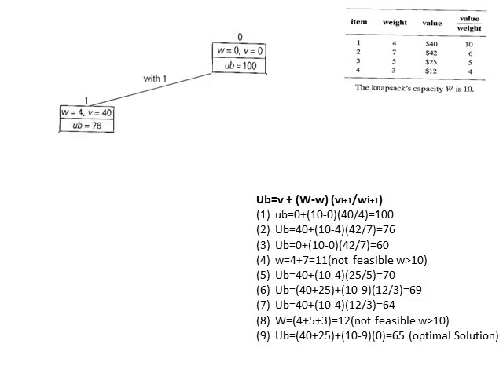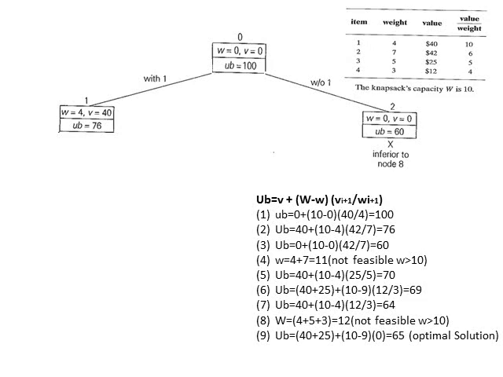That is the next node on the left side, with 1, and on the right side it will be without 1. For that we are not going to consider the first item, so we are not adding the first item. So the capacity of the knapsack is 10, and we are not adding anything, so it is 0. 0 plus 10 minus 0, and the next item, excluding the first one, will obviously be the second one. So for the second one, the ratio is 42 divided by 7, which is equal to 6, giving 60. That is on the right side. That is the second node, w is equal to 0, V is equal to 0, upper bound is equal to 60.